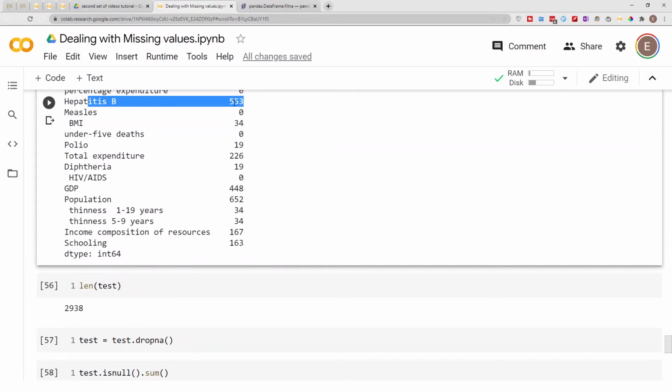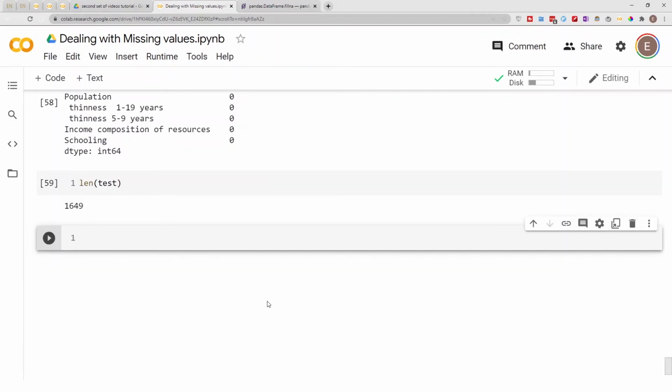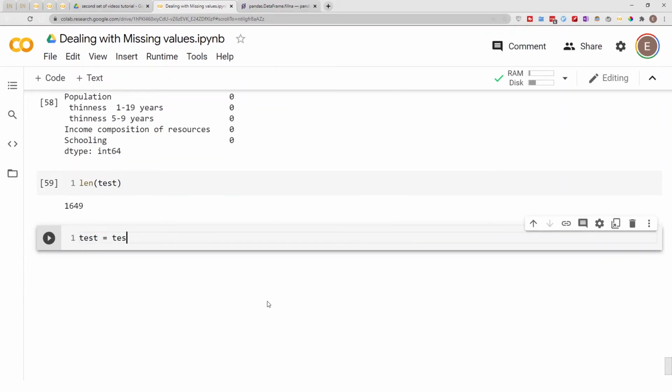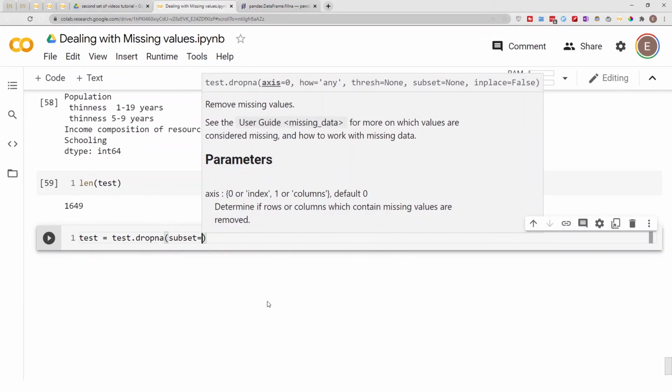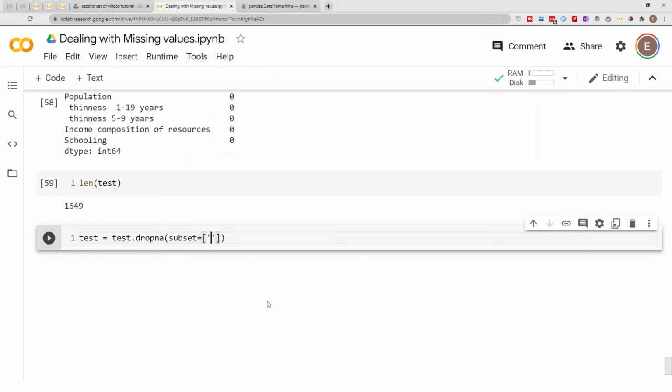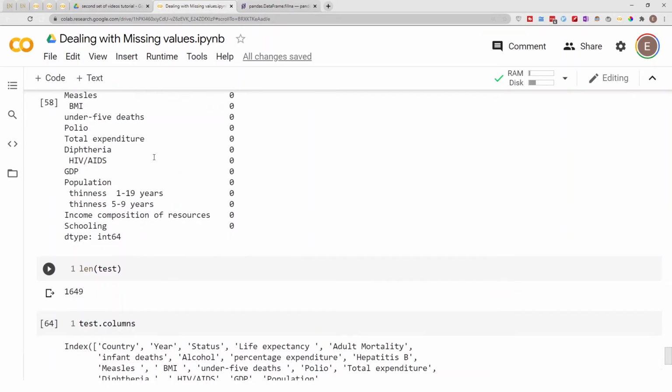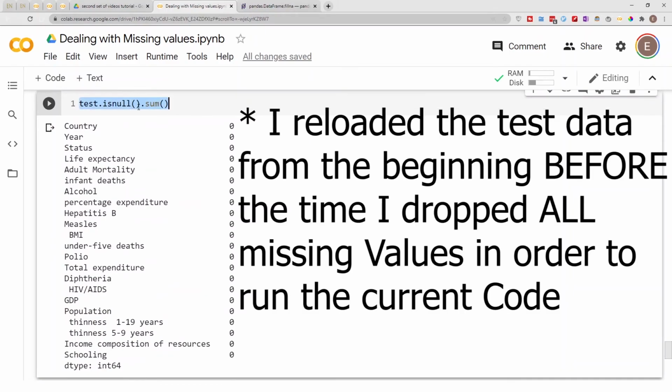So we can just drop missing values from those three columns only, and we'll still have plenty of data left. So here we do test is equal to test.dropna, and then we do subset is equal to, we put it in a list, and we also wanted to do population. If we go ahead and do this again,